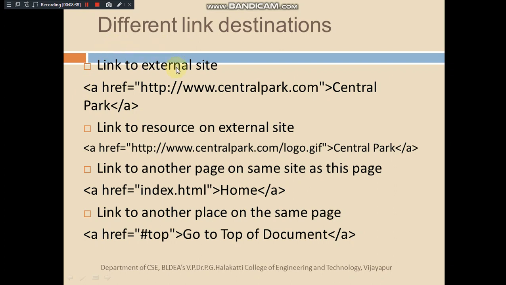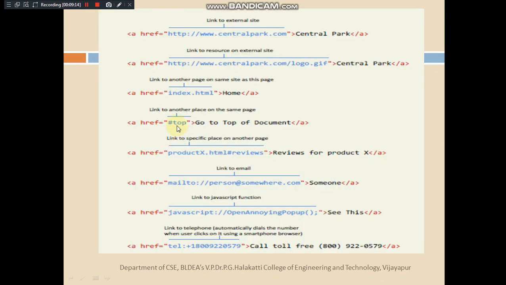You can see linking to an external style sheet is done like this. Linking to a resource on an external site, a particular image you would like to link. This is the way we are doing it. And linking to another page itself. Within a website, if you want to link to another web page, that is done through just a specification of an HTML page. And within a web page you would like to go to some other part of the page. Here we are using a hashtag, and top is the ID of that particular element, which is used as an attribute where it is carried. I'll show you this example particularly.